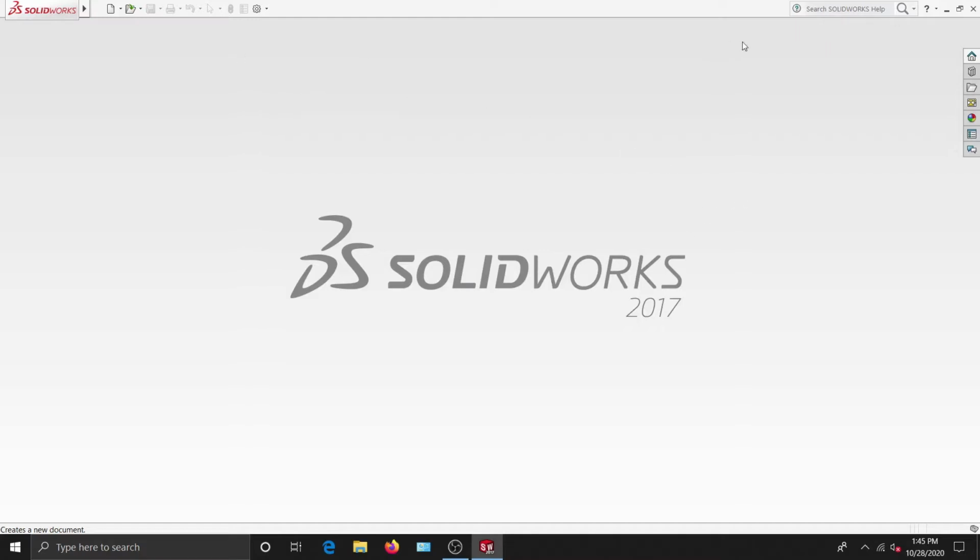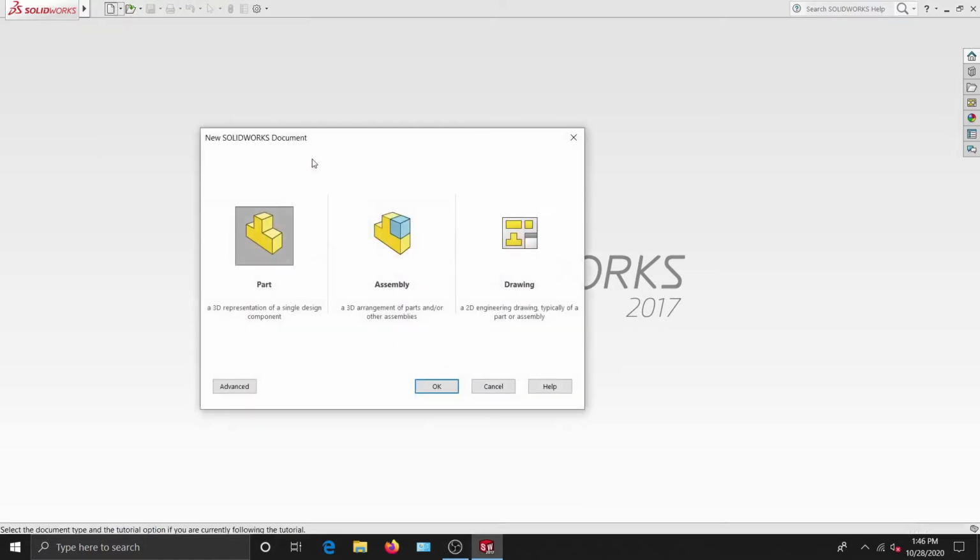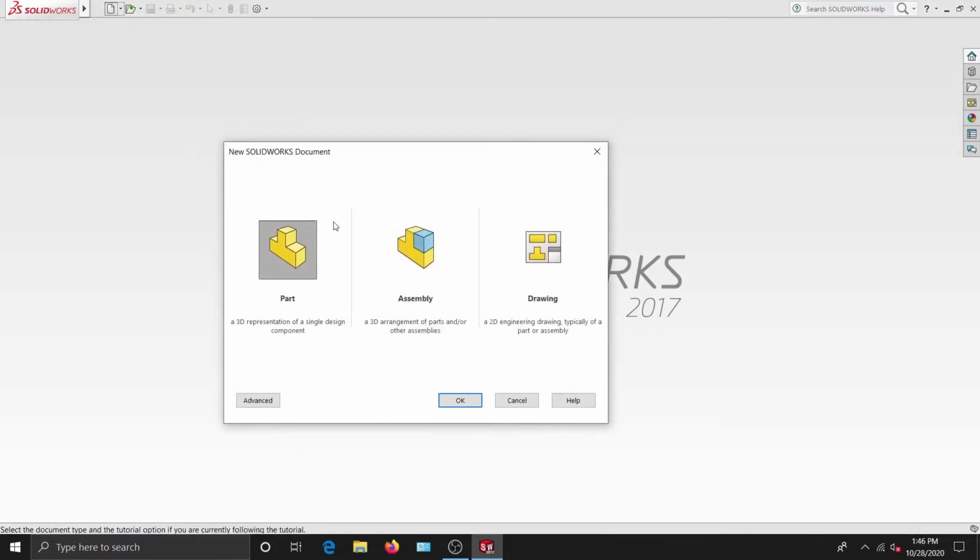So as you can see, when you open your SolidWorks for first time, this is the screen you are introduced to. For making a new project or starting a new file, you can click here, and for opening a recent or already made project, you can click on this icon. Same thing is on here. When you hover your mouse over this arrow or this SolidWorks logo in the file, you got the same two icons. So these are just shortcuts, so we'll click here to start making a new document.